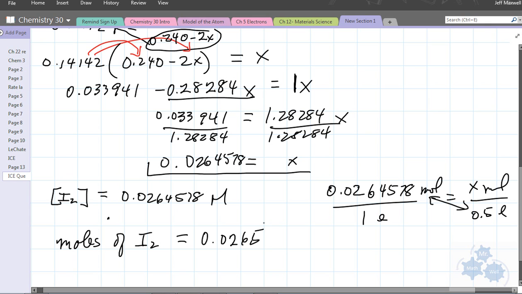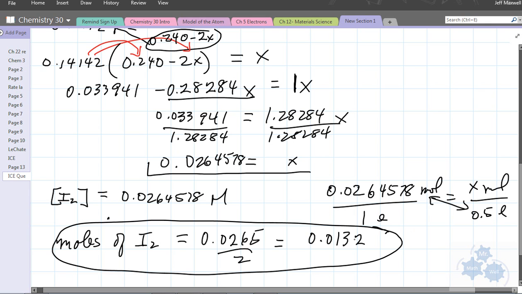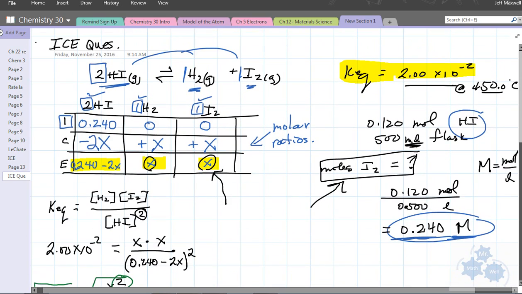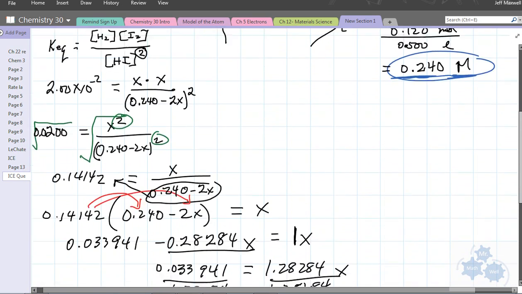0.0264578 divided by 2 equals, you don't have to write that step, 0.0132. Okay? So there's your moles of I2. Okay, so that's another ICE chart question there. If you have any questions,